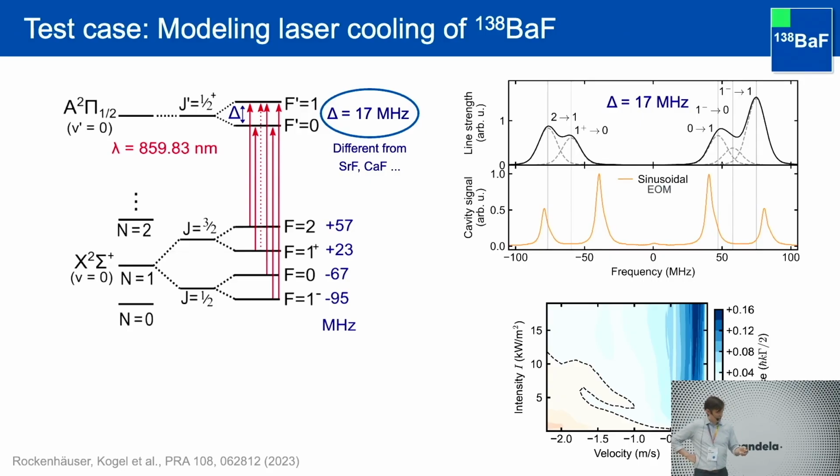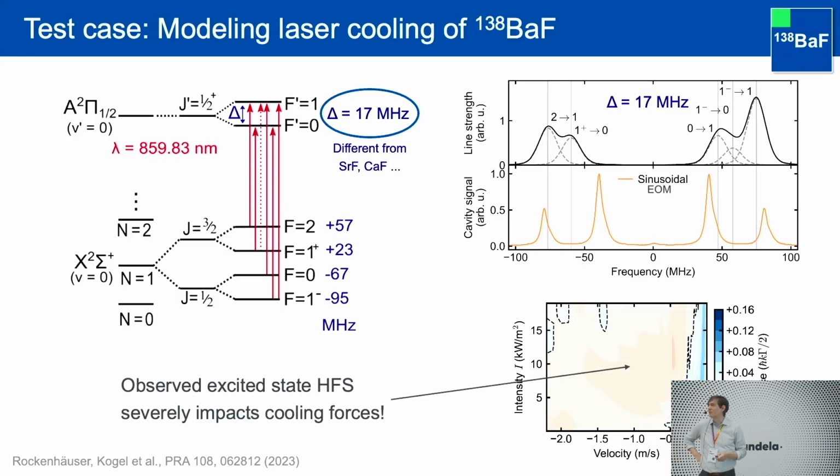Now, in reality, though, I go back one more time, so look at the spectrum. In reality, because of that splitting, some of these lines get slightly shifted, and you would think, okay, that is not going to change much, right? But now, your spectrum doesn't fit at all anymore. It's just a few megahertz, but that is already enough to basically completely destroy the forces in this molecule. So you have to know very well the hyperfine structure to actually be able to cool even these most abundant isotopologues.